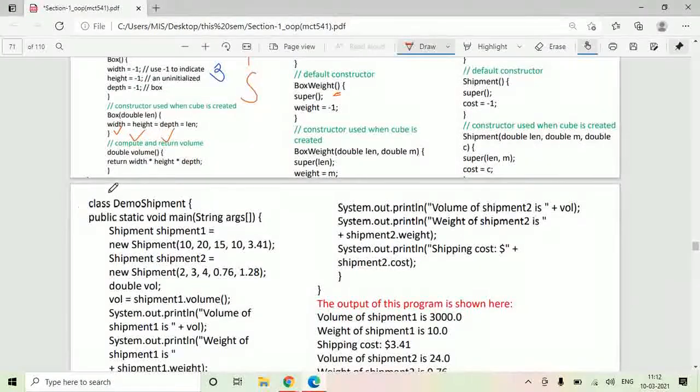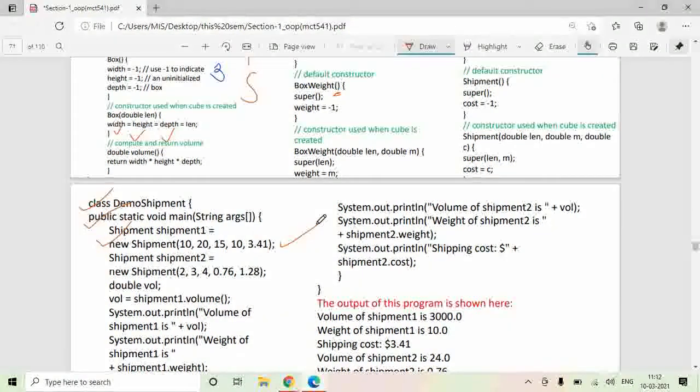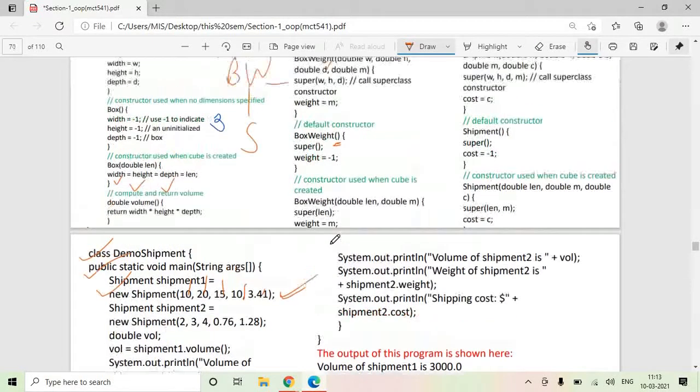Now, say we have created a class with a public static void main function, and inside the main function let me create a shipment object. I want to create an object of the shipment class. So shipment1 is equal to new shipment(1, 2, 3, 4, 5). I have supplied 5 values here. I know a constructor gets called automatically at the time of object creation. So the constructor for the shipment class will get called automatically at this line. Now which constructor should get called? The constructor which has 5 arguments as parameters will get called.